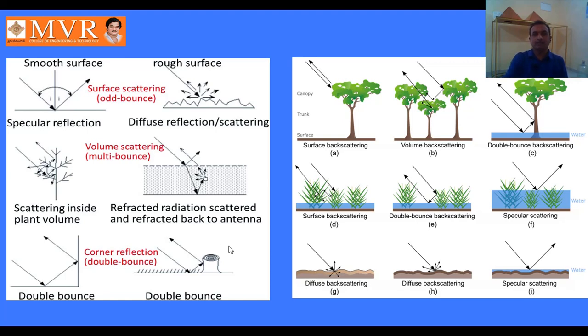See here where the single reflection occurs. When low wavelength radiation is incident on the forest, it reflects only from the tree canopy. This is single reflection, when the radiation is incident and reflected in one particular direction. This is volume scattering, volume back scattering. This reflection takes place in passive remote sensing. Back scattering radiation we are discussing is in active remote sensing.